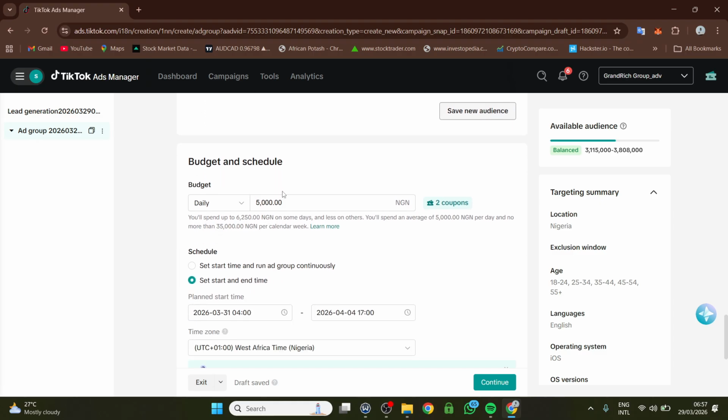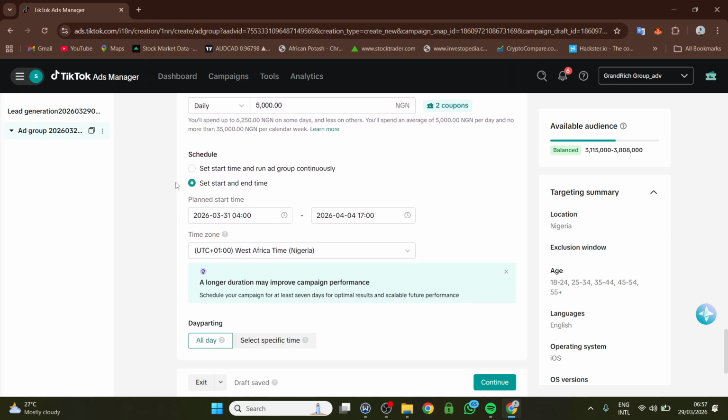Then for your budget and scheduling, for your budget you can put it on daily, like I explained earlier. We have daily budget, lifetime budget. Put it on daily budget. Do not do lifetime budget. And also for your